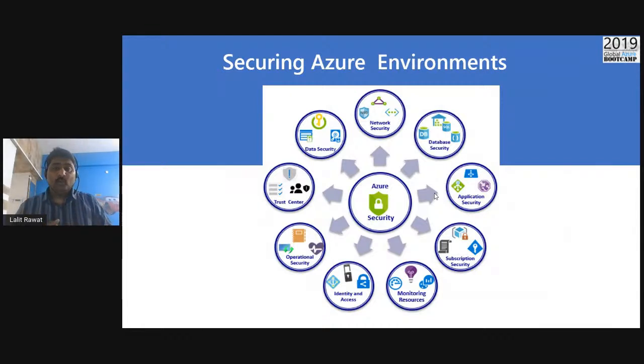How you're going to secure your Microsoft Azure environment and all of that, right? I have also presented the same PPT at the 2019 Global Bootcamp as well, and it covers everything in the Microsoft Azure environment. So Microsoft Azure security: what are the services you're going to leverage? If we talk about the network, you're going to leverage NSG, VNet, private endpoint, service endpoint, and ExpressRoute for